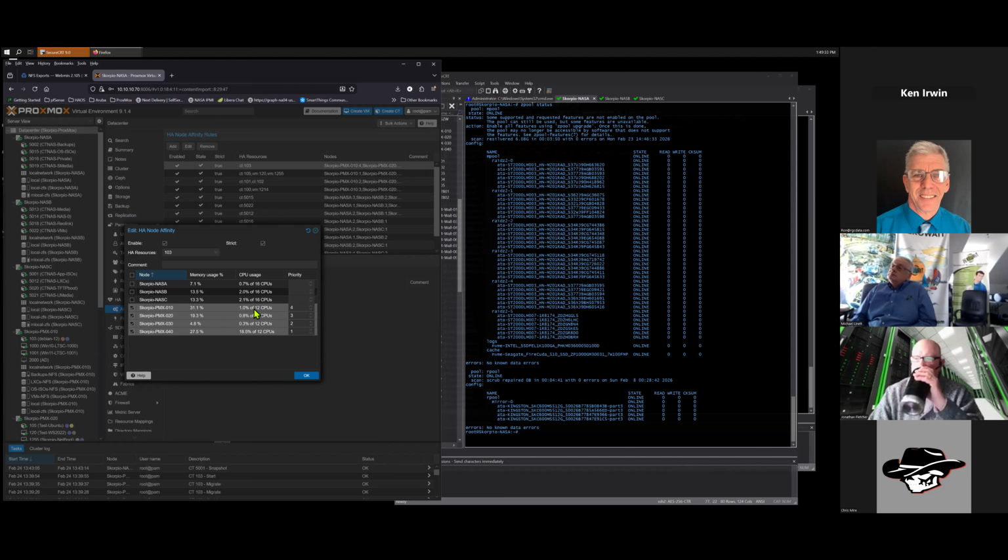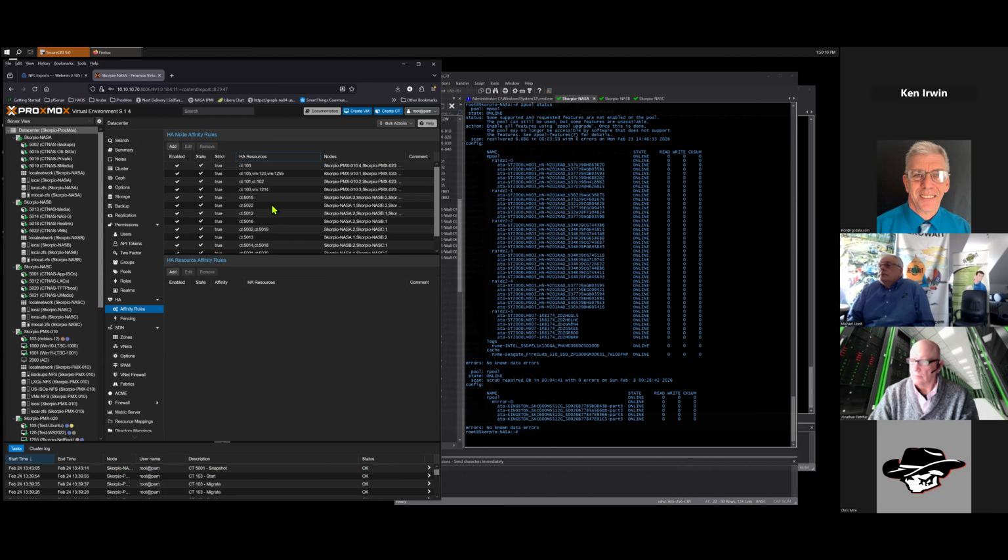This sets the priority of the affinity: the higher the number, the more gravity it has to that node. This machine will always gravitate to 010 if 010 is there. If 010 is not there, it'll gravitate to 020, if not to 030, and if not 040. That's the pecking order of where that machine will get hosted.